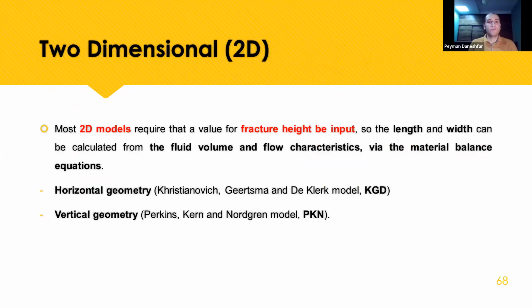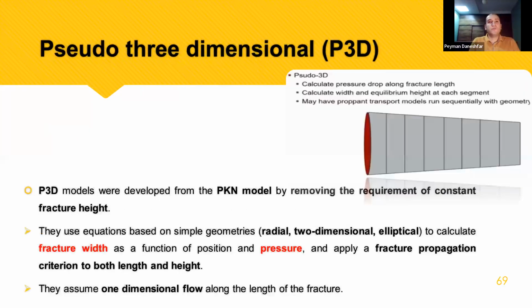For the 2D models, we can use the PKN and KGD models, where the fracture height is an input, and so we calculate the length, the width and the fluid volume from the fluid characteristics. It's simplistic, but when we want to calculate the width and other things, we do it with these parameters. Another one is pseudo-3D,